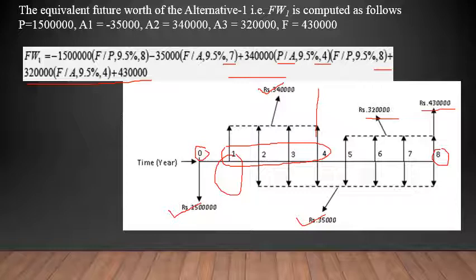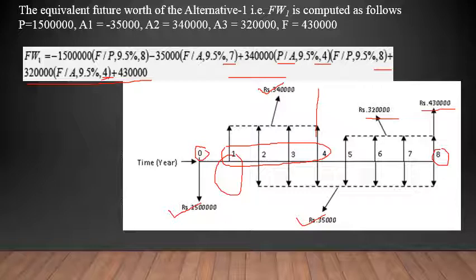So whenever we have a cash flow flowing till the end continuously, even if it starts at the middle, then F by A can be applied. So I can straight away apply F by A to convert this A into F. But what should be n? Count the number of flows: 1, 2, 3, 4. There are 4 flows, and hence n will be 4 here. That's why I use the factor F by A comma 9.5% comma 4.